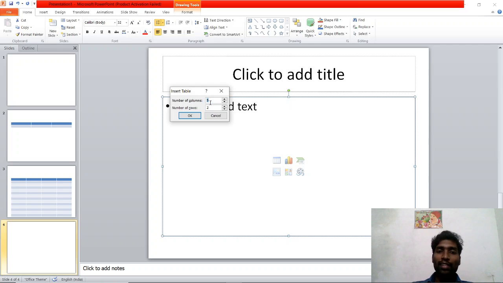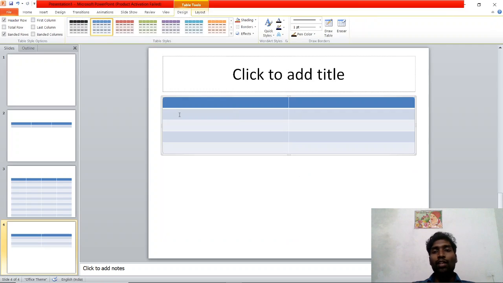Here you can select as much as you need. I am going to give the opposite: 2 columns, 5 rows. Press OK. So these are the 3 methods to insert a table.